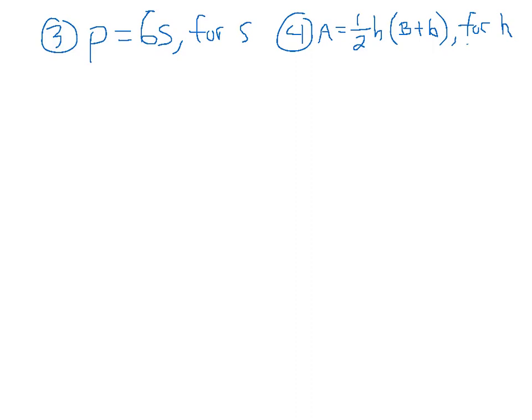Alright, in number 3 we have the formula p equals 6 times s. We want to solve for s, so we're going to rearrange it so s is by itself. We look at the side of the equation where the variable s is being multiplied by 6. That's the only thing that's happening to the s, so that's the only thing we have to undo. The opposite of multiplying by 6 is to divide by 6. And on the right, 6 divided by 6 gives you 1. So that gives us s by itself on the right, and on the left we still have p